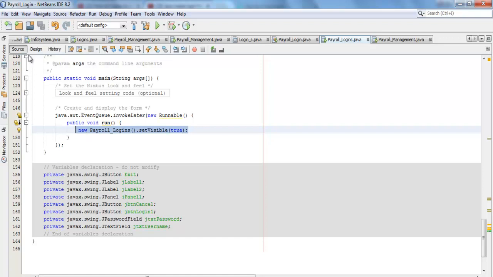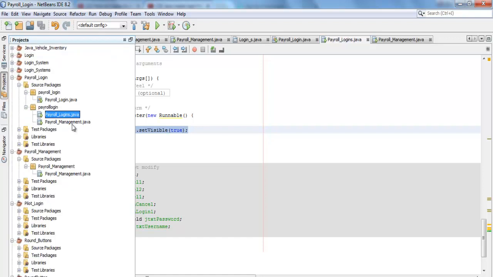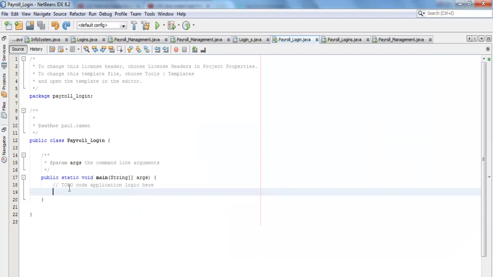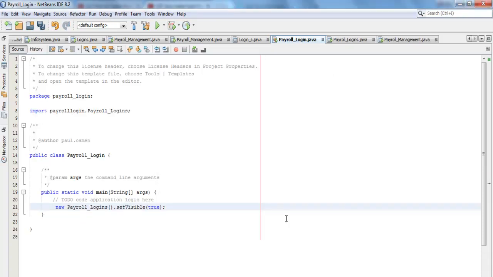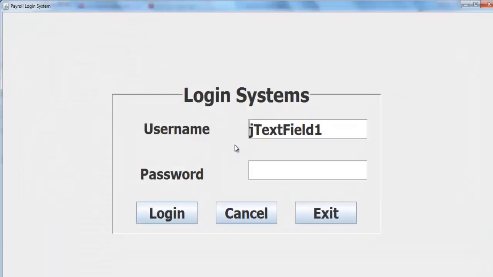Now go into my project here. You see the class here, click on the class, and where we have public static void main, I'll just paste that right there. Click on OK. Now compile, run, and there we go. So if we enter the wrong login details in there,